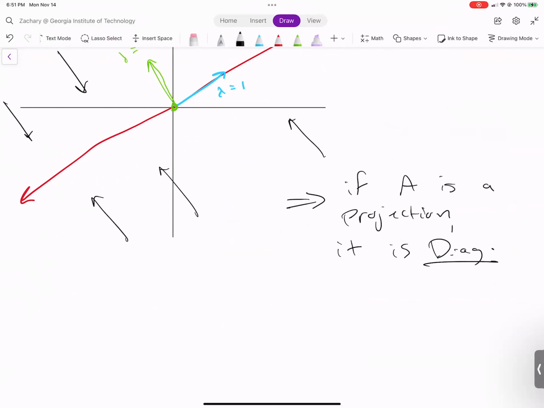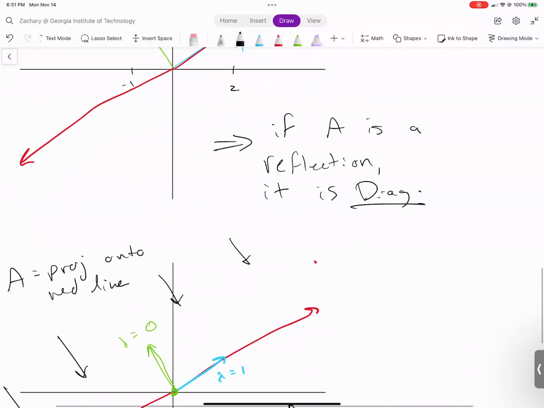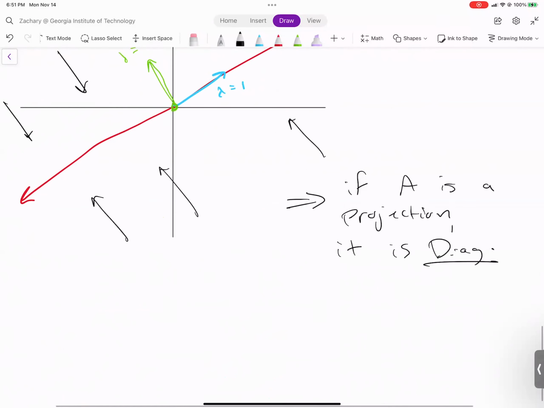Okay, if it's a projection or if it's a reflection, it will always be diagonalizable, okay? Just a fun little aside that may come up. It usually comes up in some form, true or false, either on a homework, a quiz, on something, right? So going back to the actual question at hand, which is what is algebraic multiplicity versus geometric multiplicity, okay?